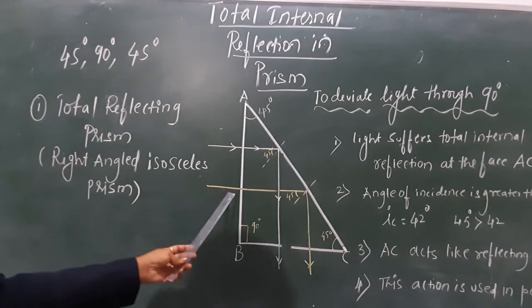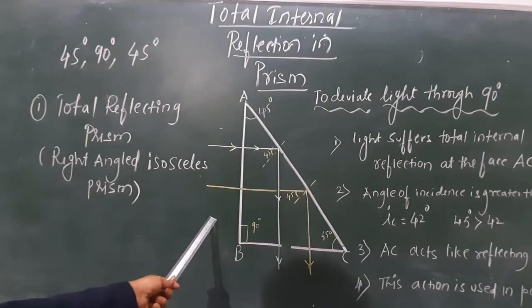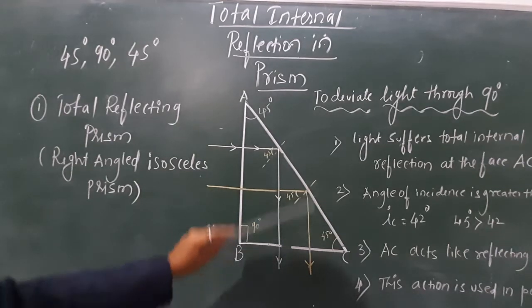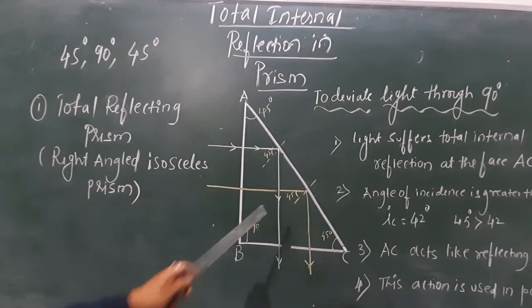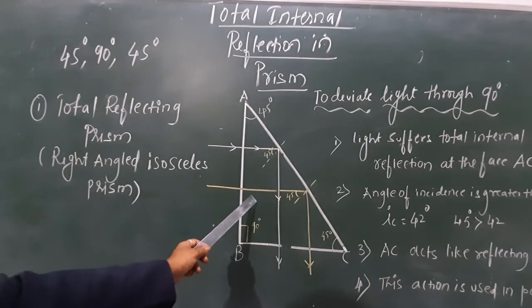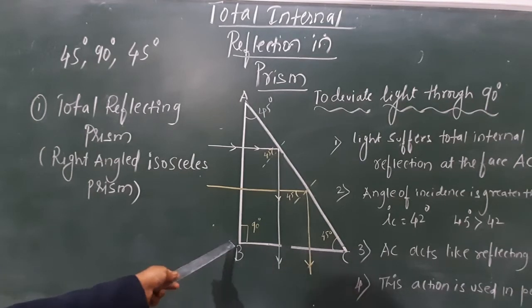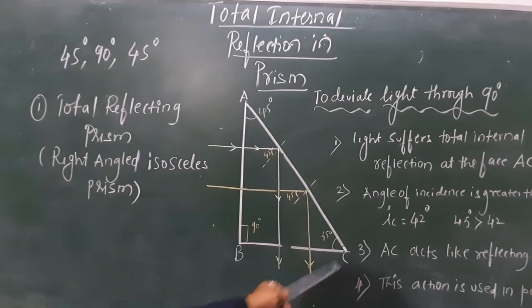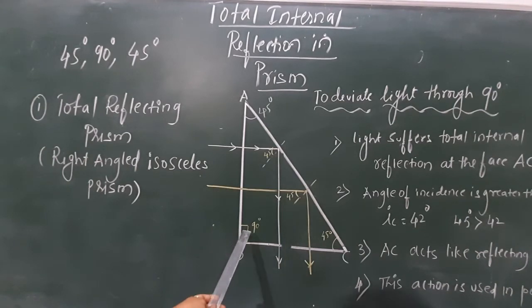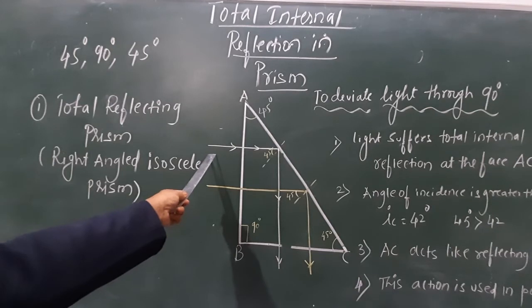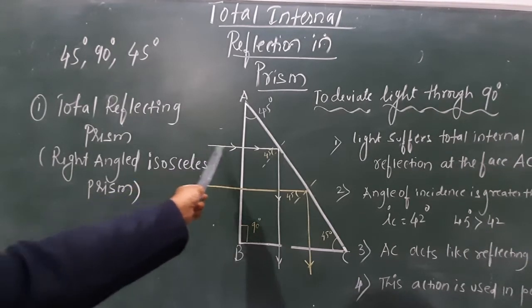Now please see here, this is a prism which I drew. You can understand very clearly the construction of this right angle prism. How we arrange it is very important. This prism can be arranged in different manners. Once we can take BC as a base, once we can take AC as a base, and we can use it in different ways. In this case we take the 90 degrees at AB and BC as the base, and while incidenting the ray, we will incident it straight into the prism, in a straight path,